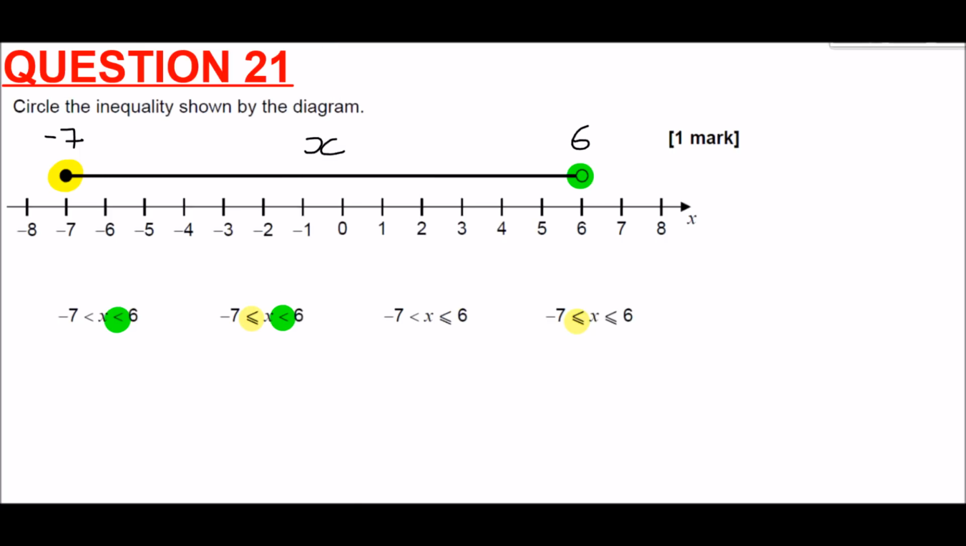And so it's got to be this one here. So x can be -7 or bigger, and it can be all the way up to 6, but must be less than 6. Now the way I remembered it when I was doing these was think about which takes more